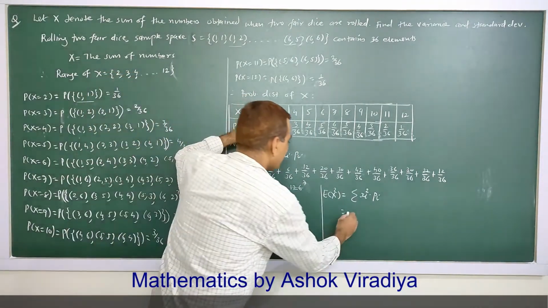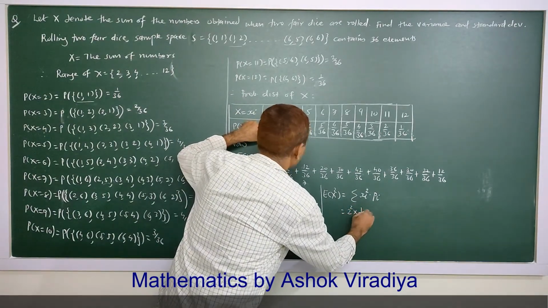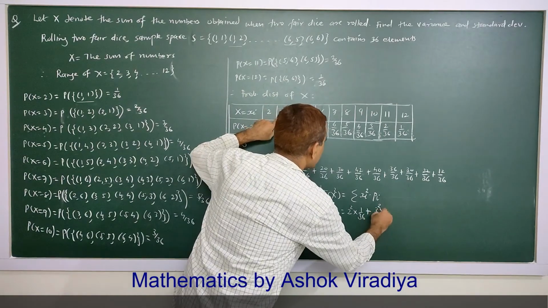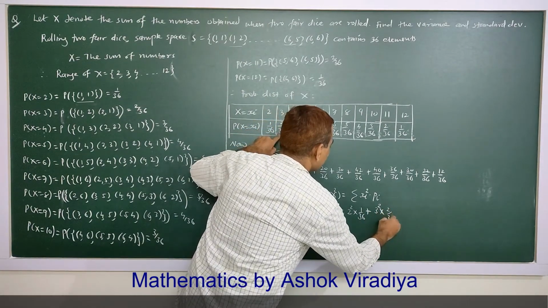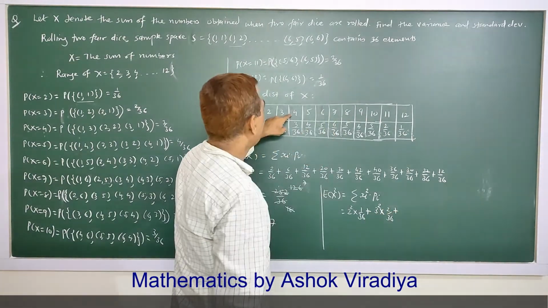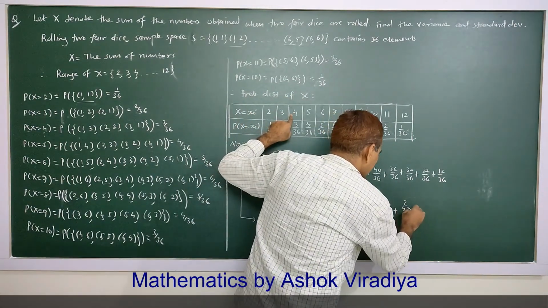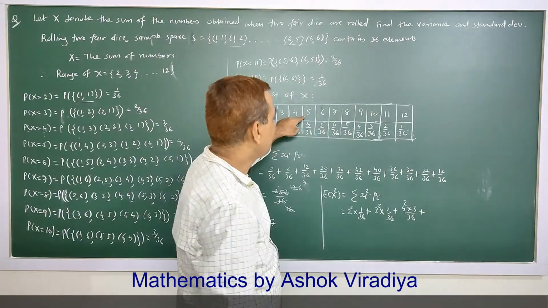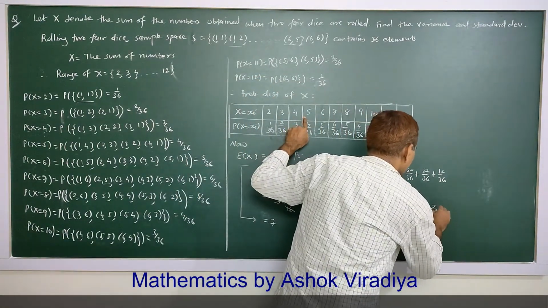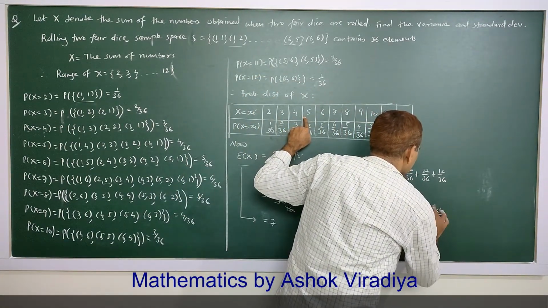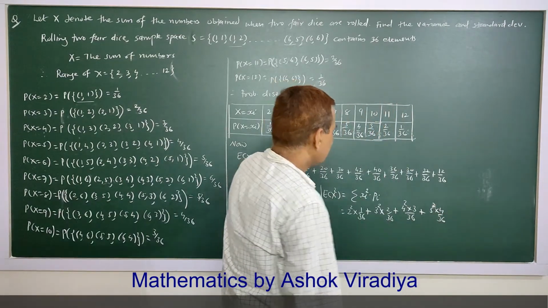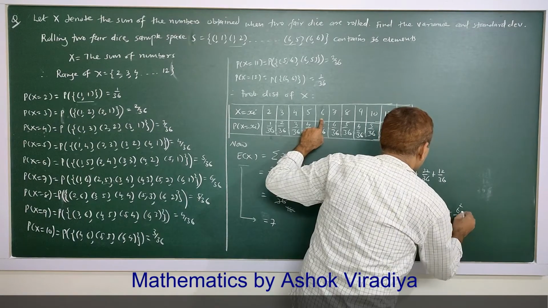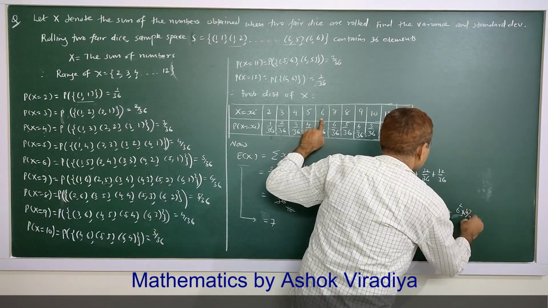That is 2 square into 1 by 36 plus 3 square into 2 by 36 plus 4 square into 3 by 36 plus 5 square into 4 by 36 plus 6 square into 5 by 36,